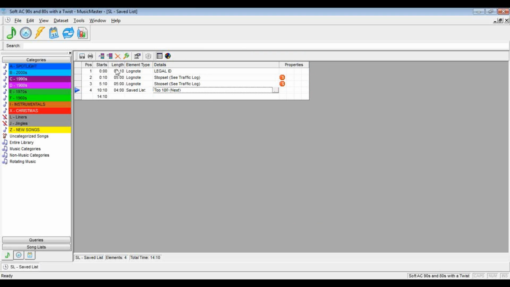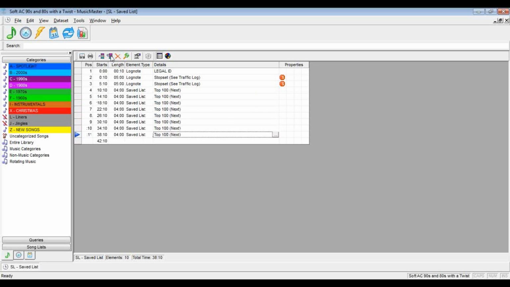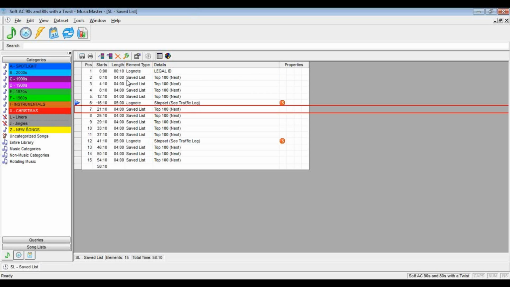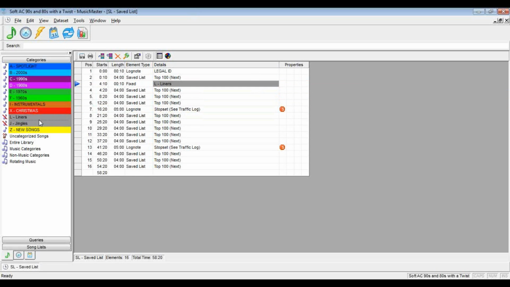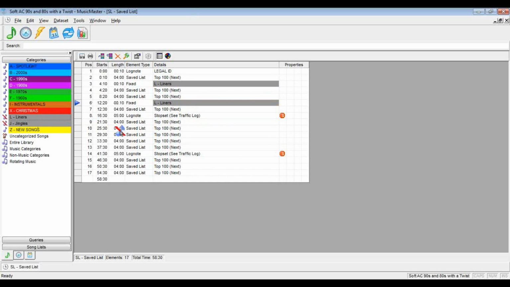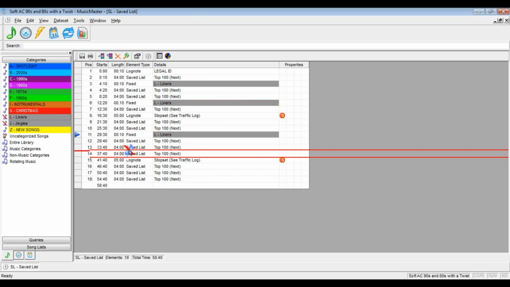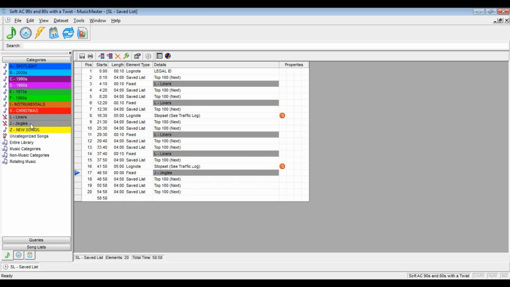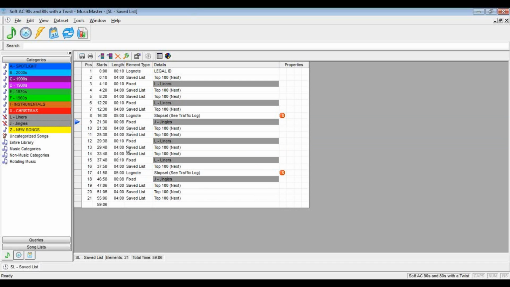I can click that now and clone that element until I've got about an hour's worth of music here. And then I can go and move these stop sets around where they need to be. And then I can even drag in some liners and some jingles. So I'm ready to save this list. And now we're ready to assign it